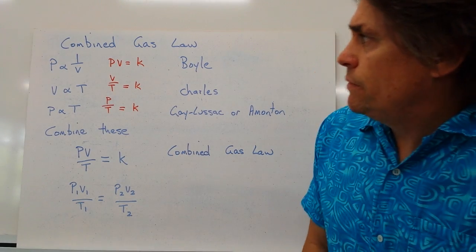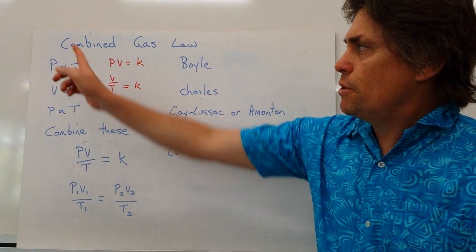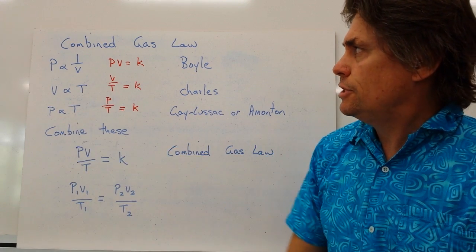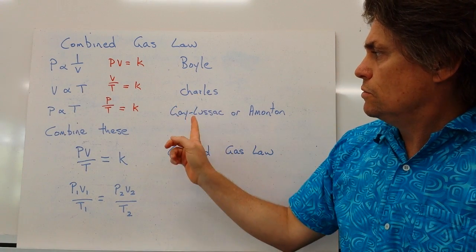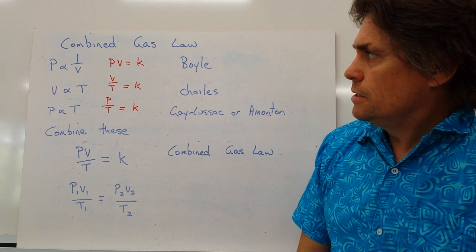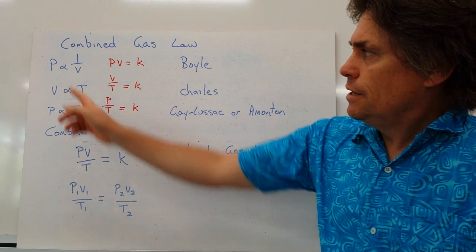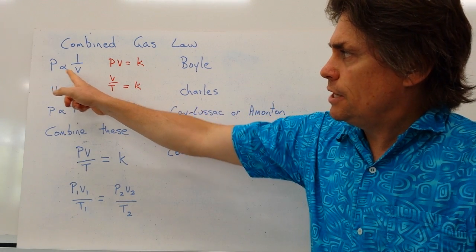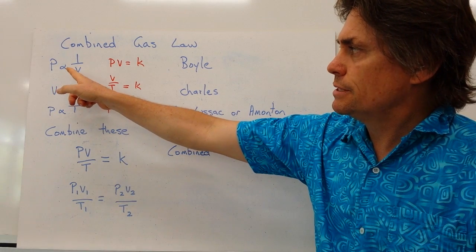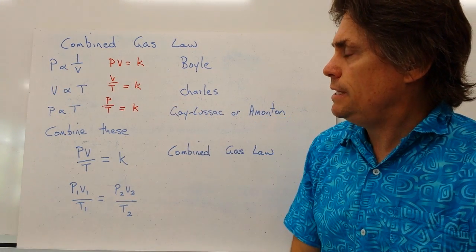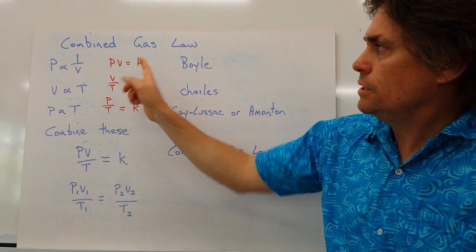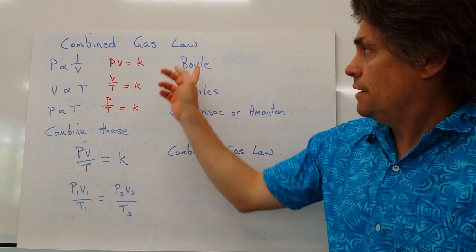Okay, so far we've looked at the relationships between pressure and volume, volume and temperature, and pressure and temperature in Boyle's law, Charles' law, and Gay-Lussac's or Amontons' law. If we represent these three, we can see that pressure was inversely proportional to volume, so pressure is proportional to 1 over V. If we rearrange this, we get pressure times volume is always equal to a constant, and this was Boyle's